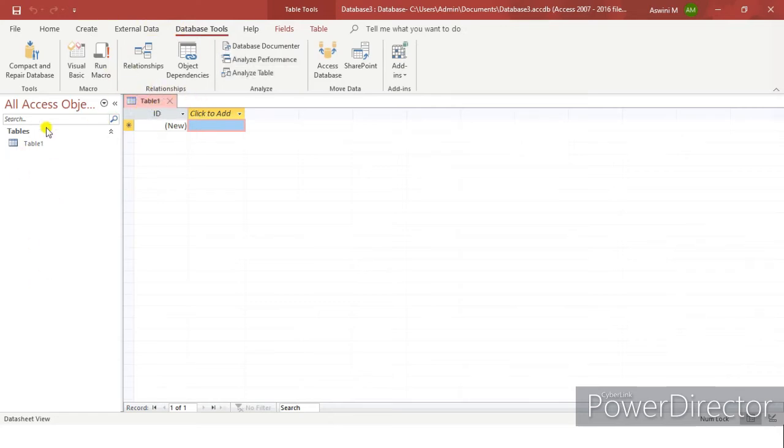This is called your object tab, where whatever tables you create appear in the navigation pane, so this is your navigation pane. In this navigation pane, whatever tables you create and give connection for each table, when you open them they come as tabs over here. So this is called your object tab, and this is your working area where you do all your work. So these are the names for your MS Access window.